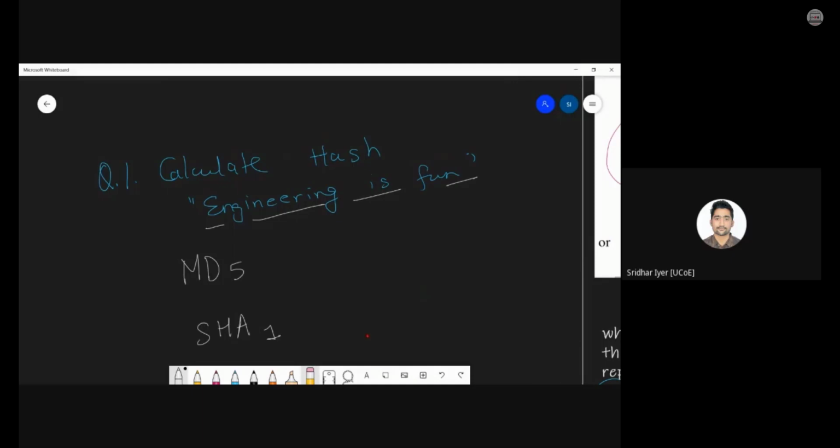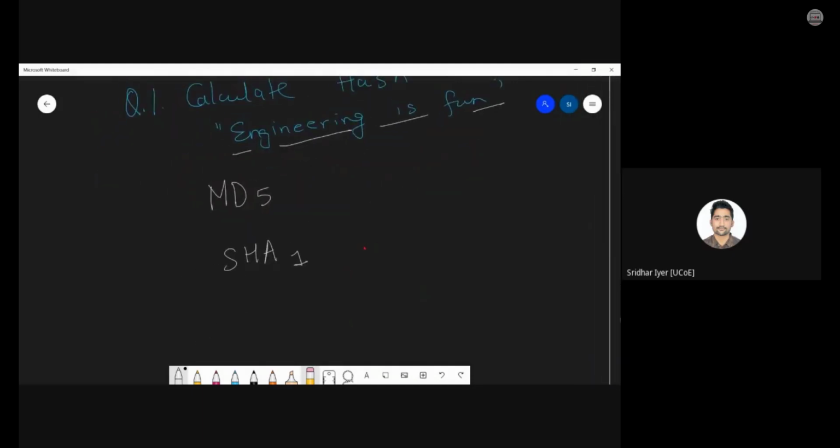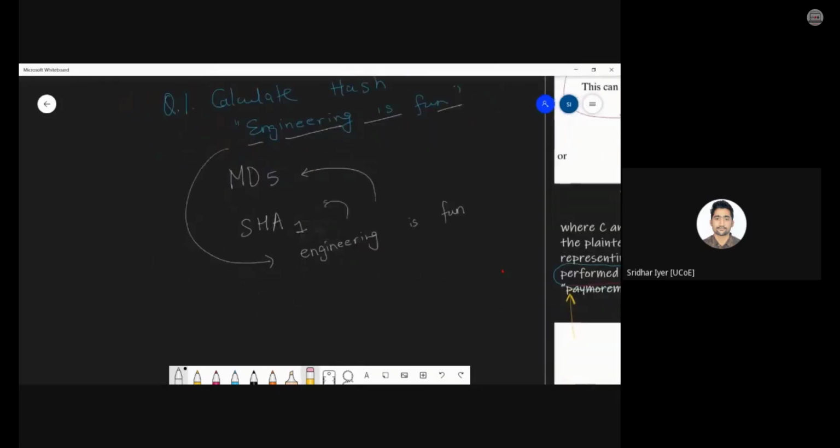Okay, calculate the MD5 and SHA1 hash of this, write it down in your answer sheets, and then what you need to do is convert this into lowercase. Change only the first character's case. From uppercase E, make it small lowercase e. And again do the same process. Again calculate MD5, again calculate SHA1, and write it down in your notebooks. And tell me how many bits are getting changed, and calculate the percentage.